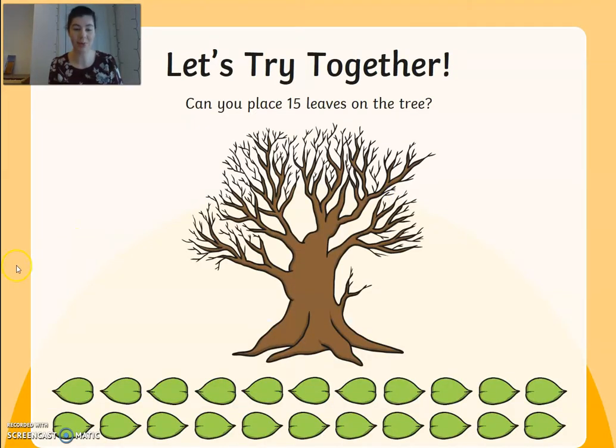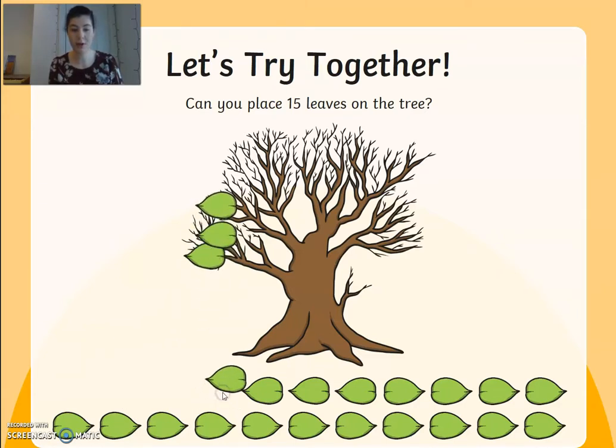Okay, next thing. We're going to try and put 15 leaves on the tree together. There's a lot more than 15 leaves here. So let's see. Are you ready to help me count? We've got 1, 2, 3, 4, 5,